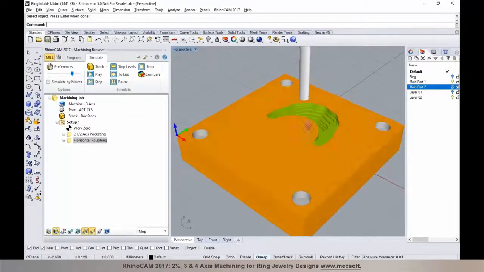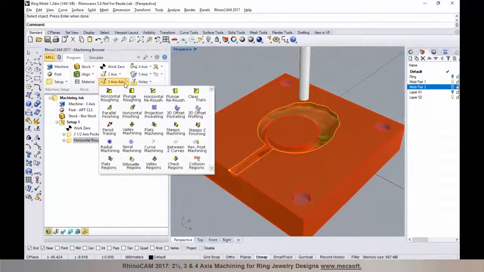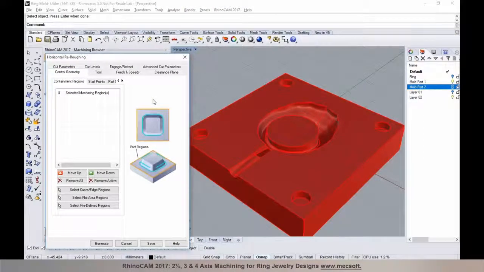Now once the roughing operation has been programmed, I'm going to switch back to the program tab from the simulate tab, and we'll add a re-roughing operation, so horizontal re-roughing. Now the horizontal re-roughing is part of the advanced 3-axis module, which is available in pro and premium configurations. So if you are running standard or expert and you'd like to get some of the advanced features, you're welcome to call us, and you can find out more about how we can upgrade to the pro